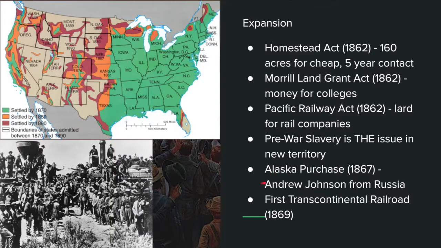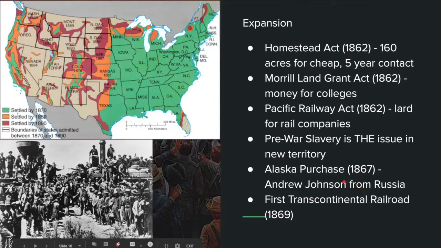We also get the Alaska Purchase, 1867. Andrew Johnson, maybe the only good thing he ever did, was buy Alaska from the Russians, okay? The Russians need the money, they're fighting wars, so they have to sell that land. Now, this isn't like when Jefferson made the Louisiana Purchase without congressional approval. Johnson is merely signing the paper while Congress makes the deal, so he follows the proper